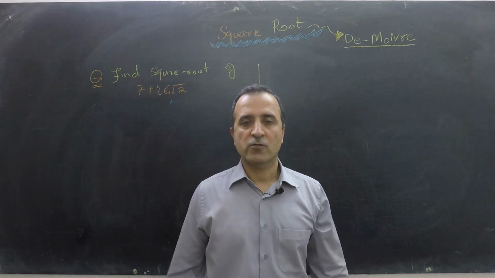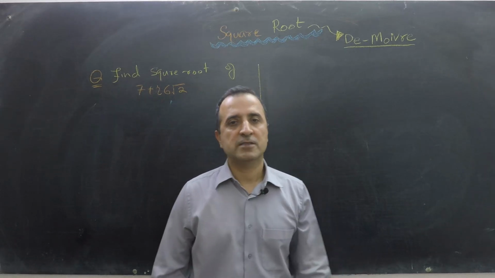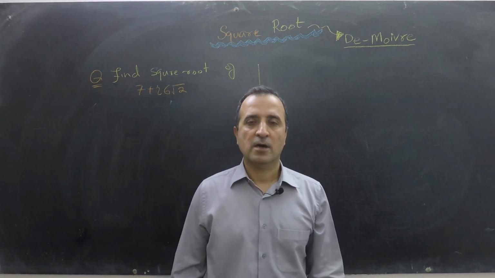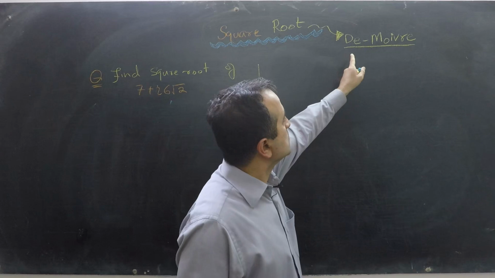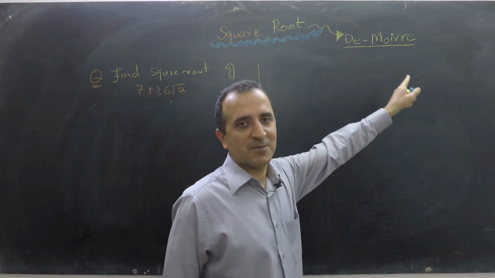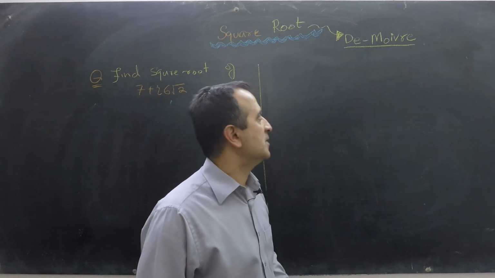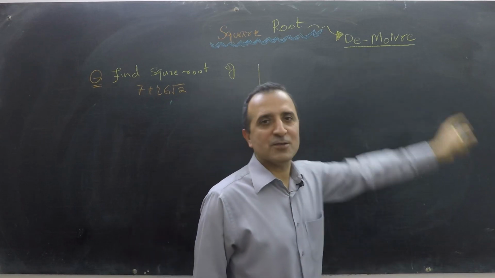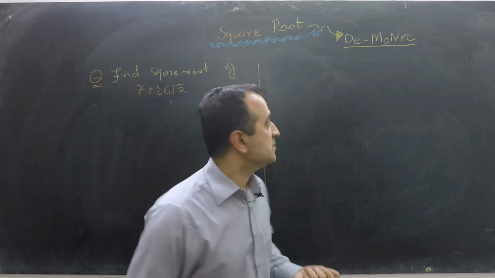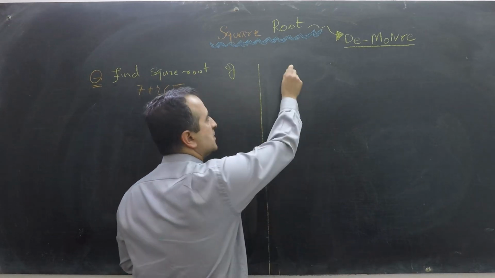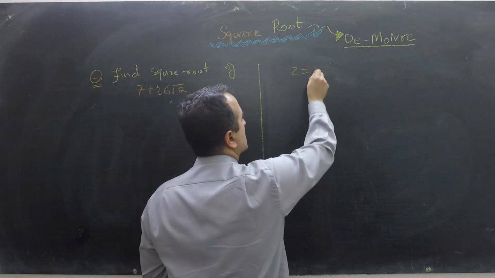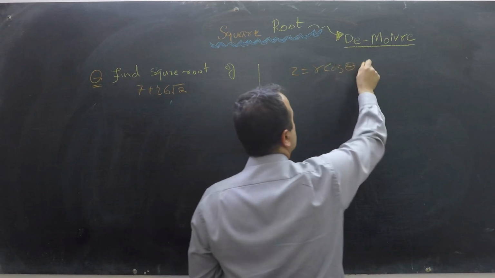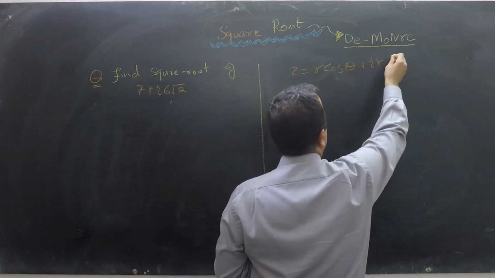In this video, we will learn how to find the square root of a complex number using the famous De Moivre's theorem. I might be saying it incorrectly, but I think it is De Moivre's theorem. The theorem says that if I have a complex number z equals r cos theta plus iota r